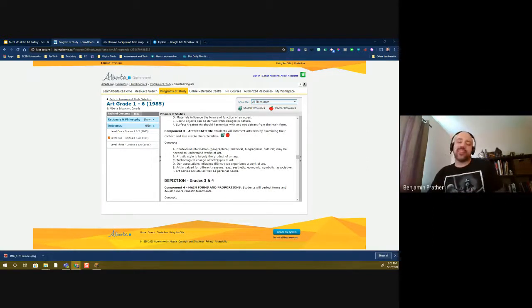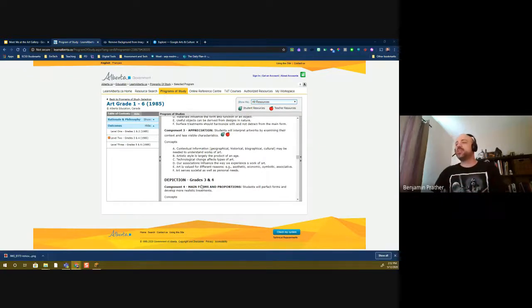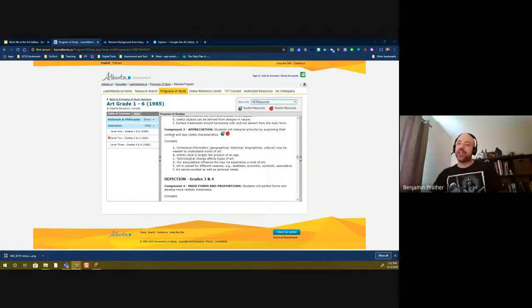For grade 3, I might look at something like Ukrainian art. Maybe I'd be looking at art and math and looking for shapes in different abstract art pieces. My point here is that you are able to combine your program of studies for art and this appreciation section, which I struggled to hit, with this beautiful, wonderful app. When we go to Google Arts and Culture, you'll see a bunch of different representatives of every single point here, such as technology changing art or artistic style being a product of an age. It really curates those resources for us.